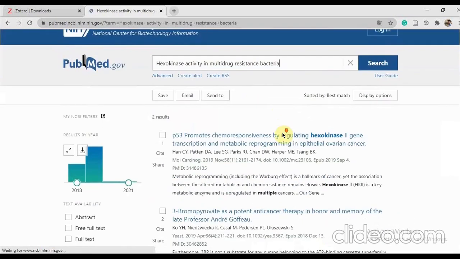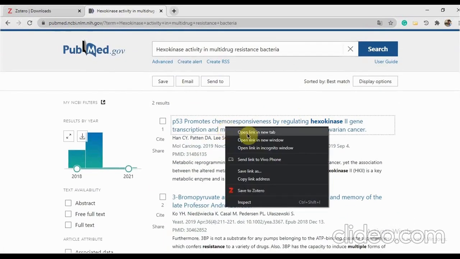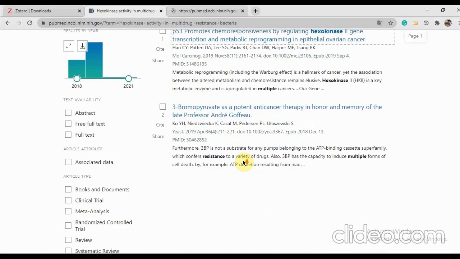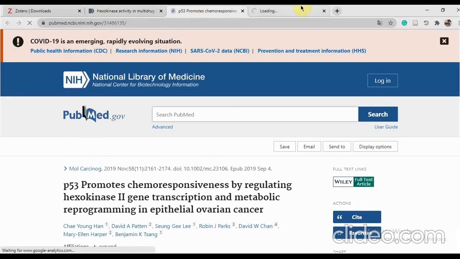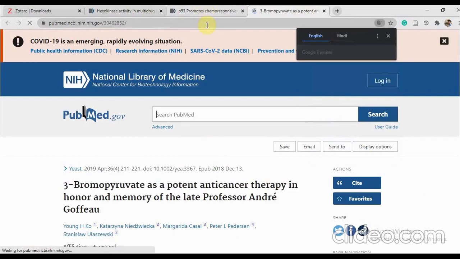I searched and found one and two articles as my important reference papers.